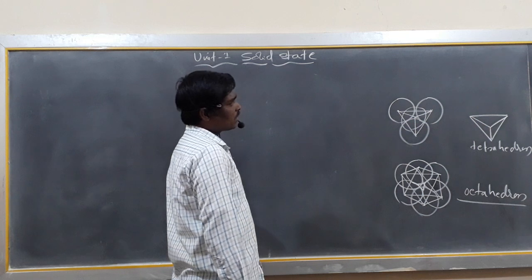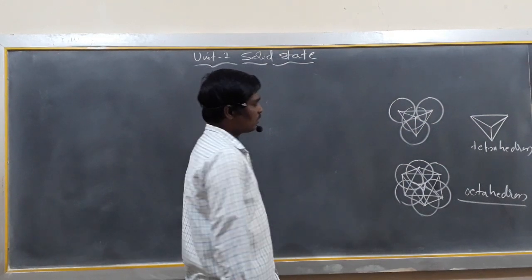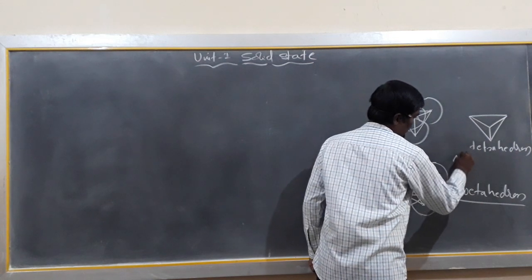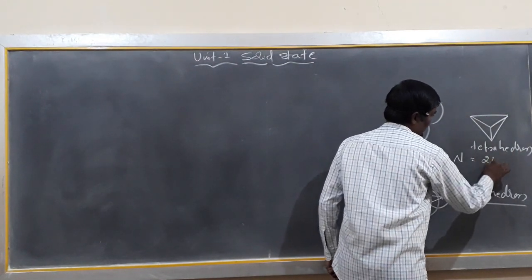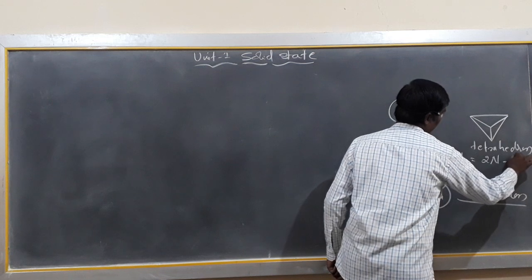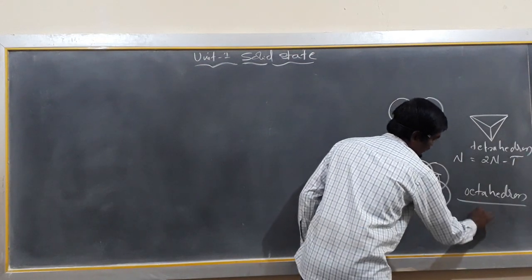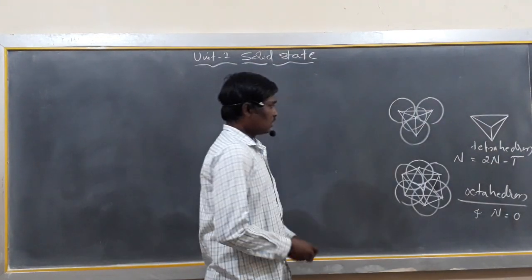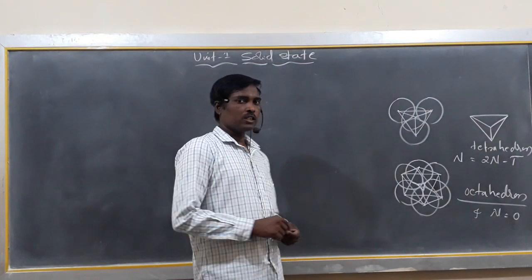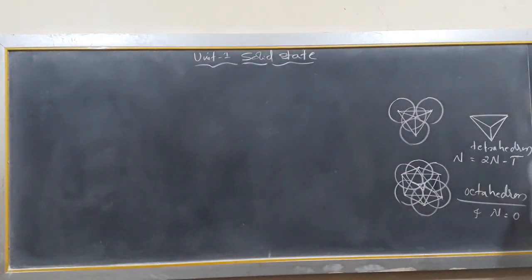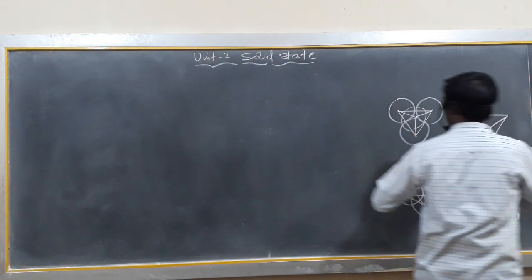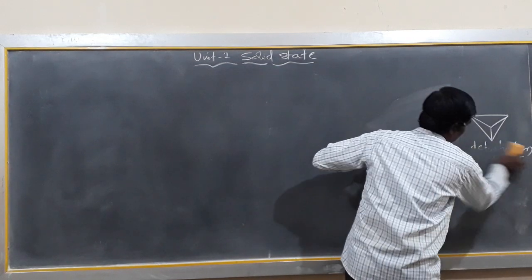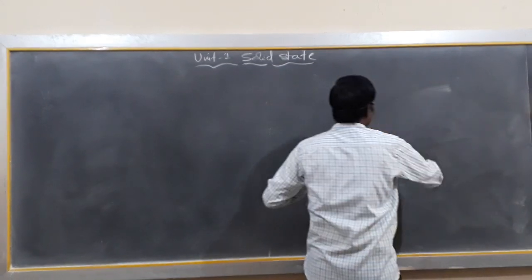And here the particle to void ratio can also be calculated. If there are a total of n particles, then n particles will form 2n tetrahedral voids and n octahedral voids. So this is the formation of voids in close packing structures. Okay, and the next concept in solid state, since we have already done the discussion in close packing,